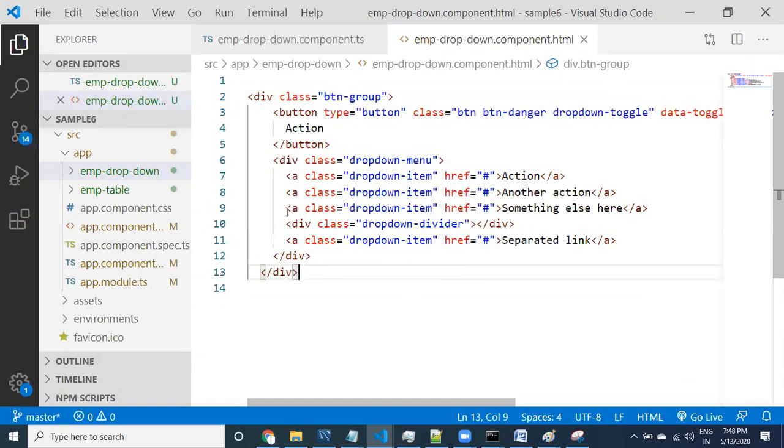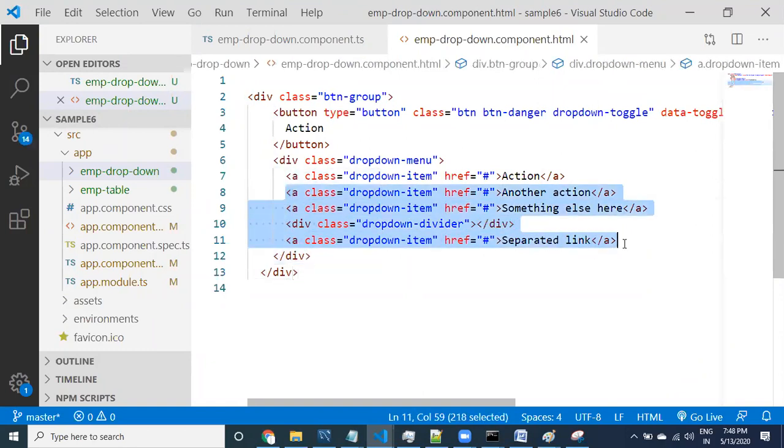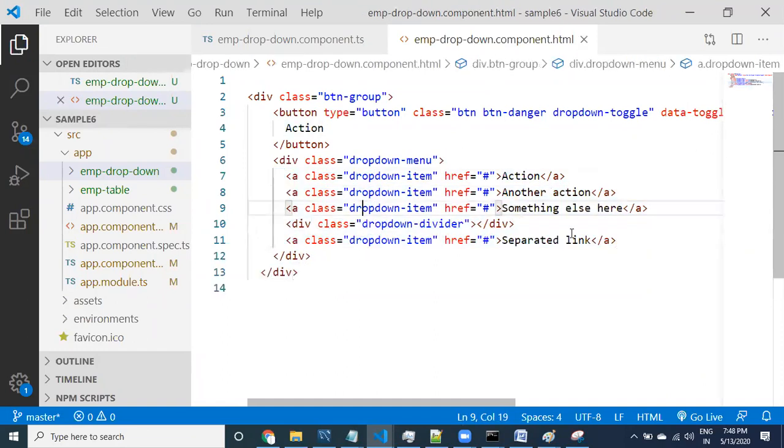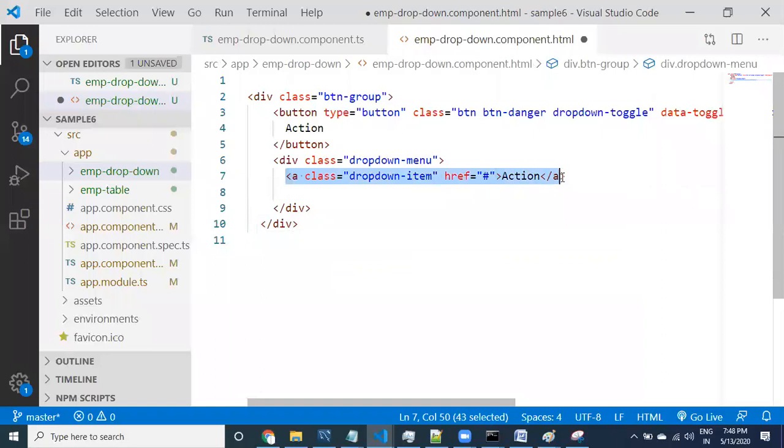Now here, multiple things are there, right? Instead of providing all these things, I would like to make one particular item and repeat it.